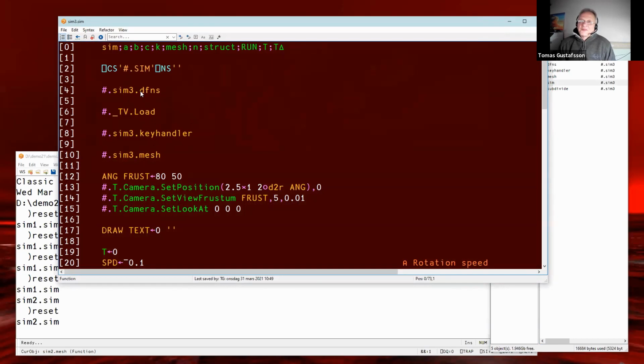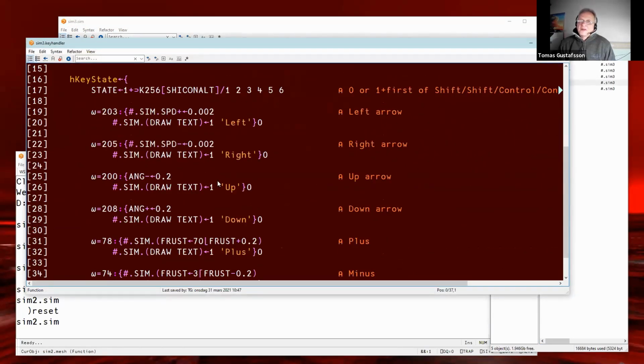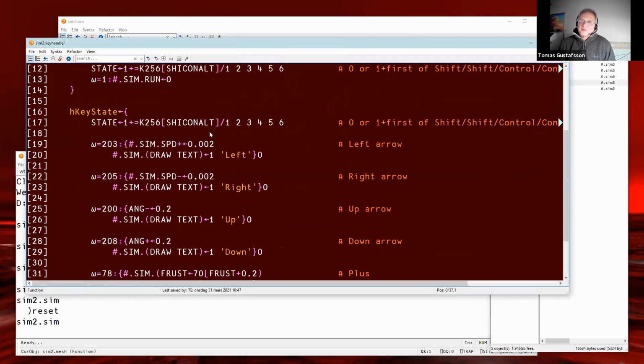and the same start again. The key handler now supports a bit more. The left arrow does something, but it also sets a speed, the hash.sim.speed variable, increasing it by 0.002, and the right arrow in fact decreases it.